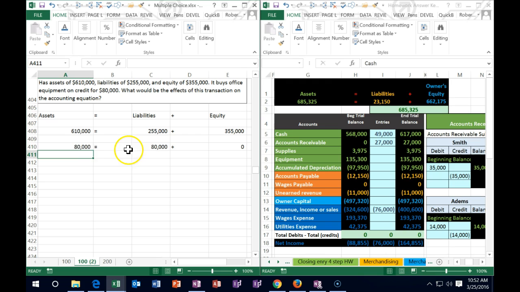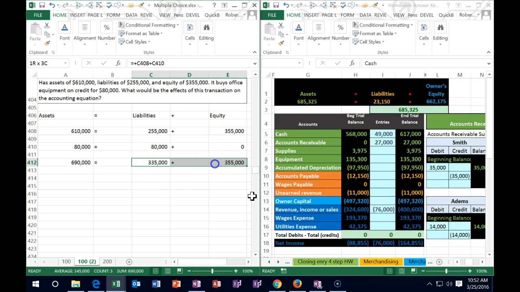So what happened then? Well, assets went up and liabilities went up. We don't need to know these numbers up here. It doesn't matter. Now they could ask this problem in a different format and ask what is the ending balance of assets, liabilities, and equity. If they had asked that, which they didn't, all they asked this time was, what's the effect? Well, assets increase, liabilities increase. If they asked what the assets are after this transaction, then it would be the 610 plus the 80. Assets would equal the liabilities of 255 plus the 80, plus the 355 plus the 0,